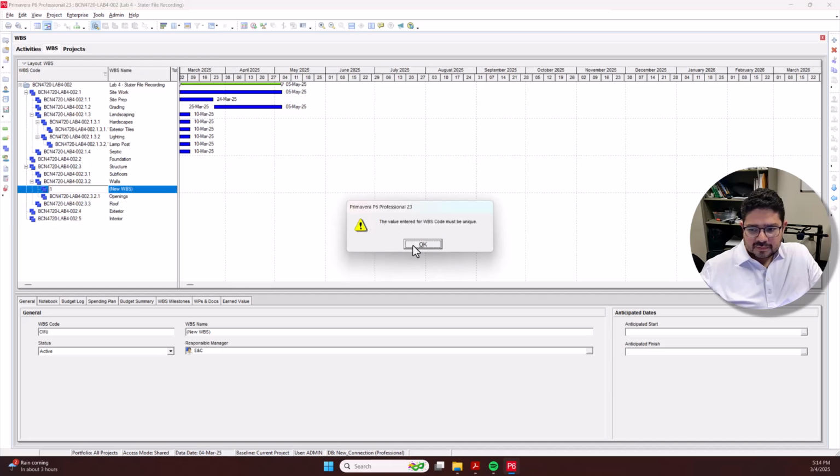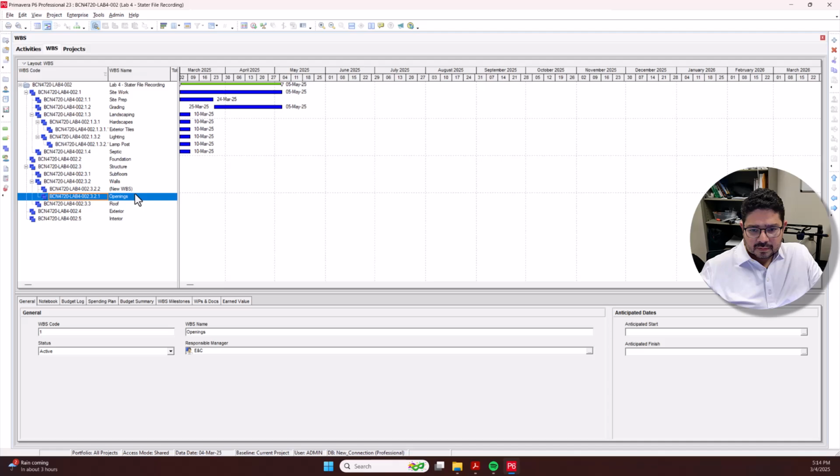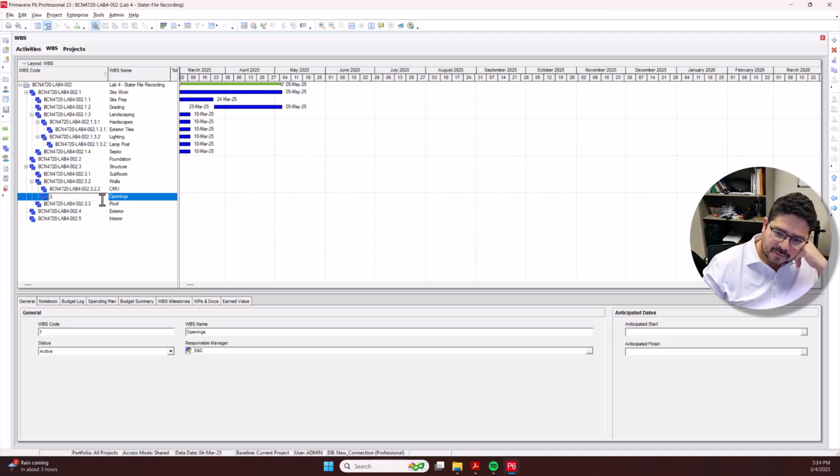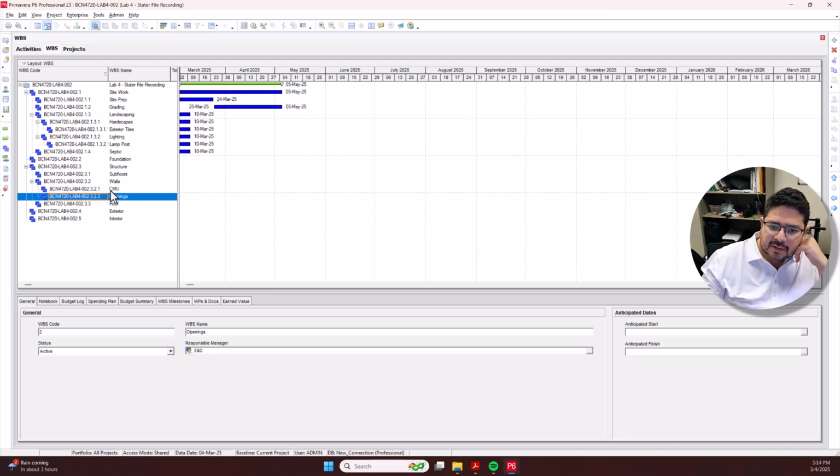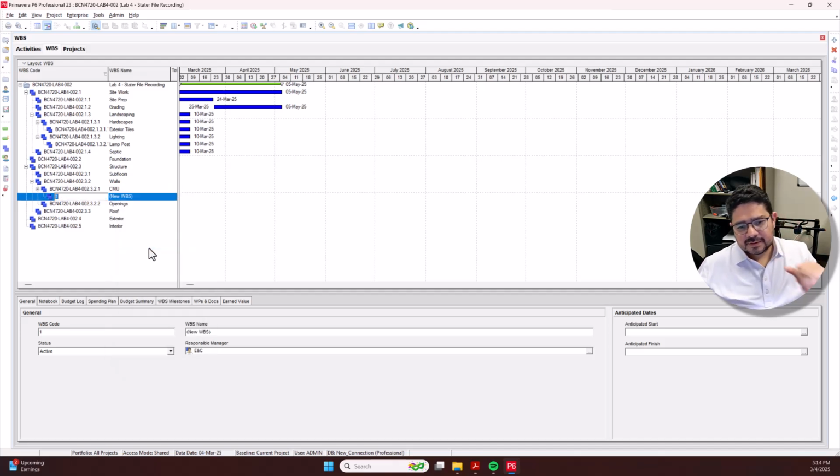I don't think it will let me. CMU. Yeah, trick is that the numbering actually defines the ordering, so I'm just gonna change this to 3 so I don't have a duplicate, and then change this to 1 and then go back to 2 with this. So just to have CMU before openings, and then I have rebar,